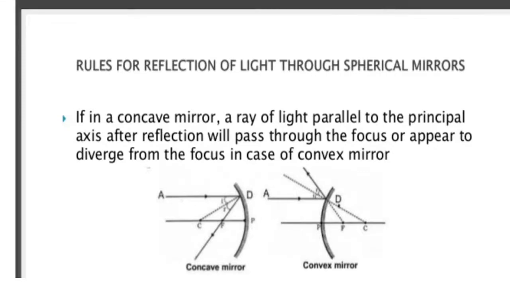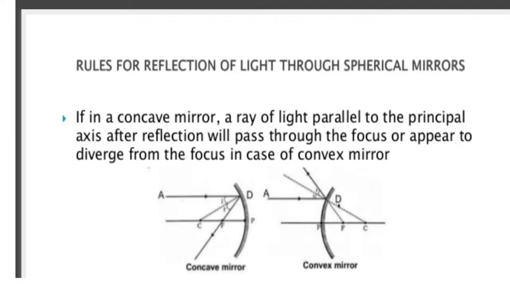Then now we will be coming to the rules for ray diagrams. You know about the virtual and real image. The image which can be obtained on a screen we call a real image, and the image which cannot be obtained on a screen is called a virtual image. Now when we draw the ray diagrams, you have to draw these rules. So everyone keep your notebook, pen, pencil with you, and draw these rules.